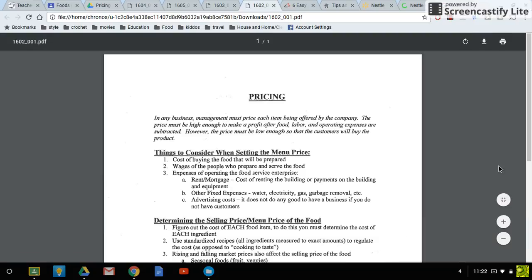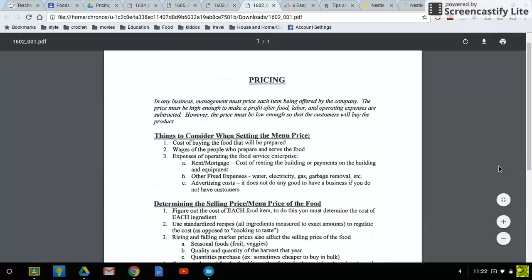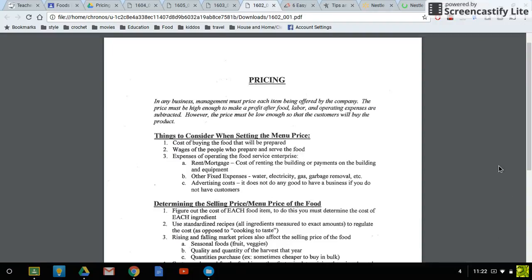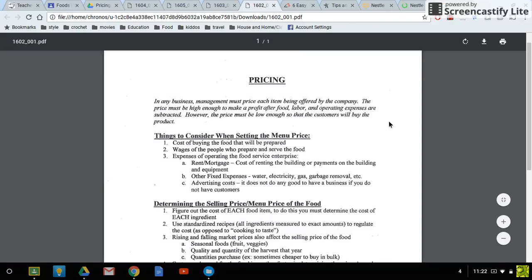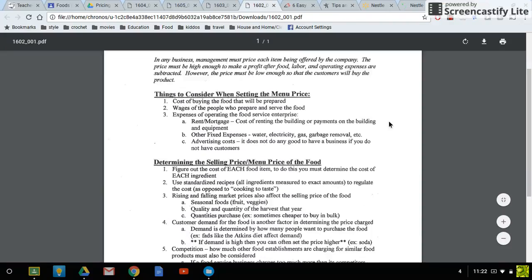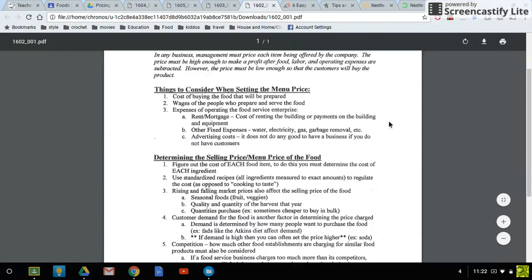Okay, so I'm going to do two videos for you today. One is going to talk about pricing, which is really important, and the other one is going to talk about how to product cost, which is equally important for us, and you'll have to be able to do throughout the semester. So pricing, the reason we look at this is one of the things when you set a menu price